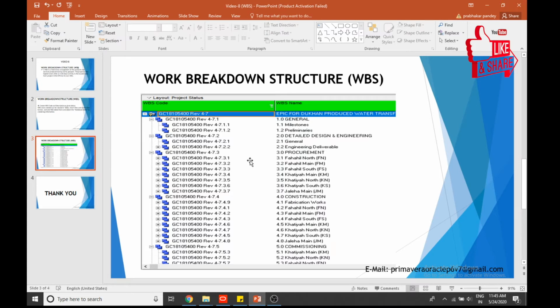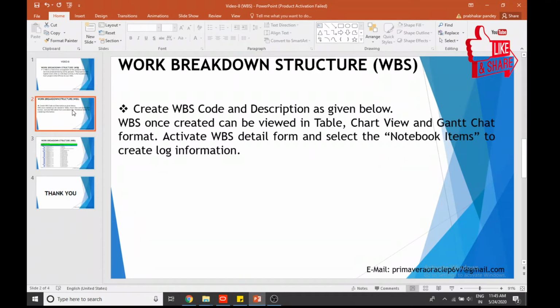There are a lot of sub WBS also, area-wise, like file north, file main, file site, and so on. So these are the WBS of a particular project. Once we create the WBS, we can view it in the table, Gantt chart view and chart view format. Then activate WBS in the notebook items to create the information log.